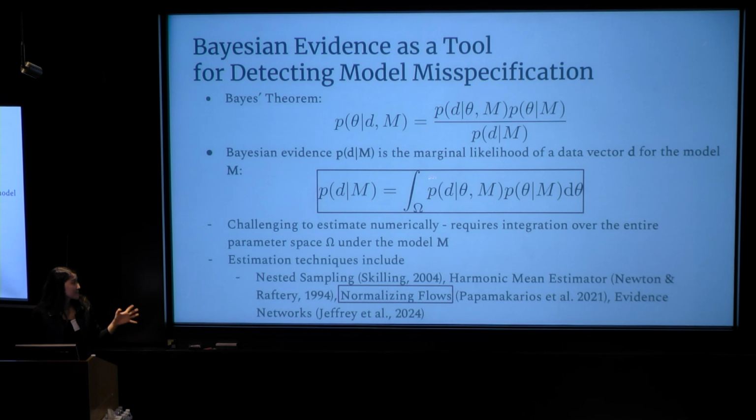So when it comes to the density-based methods, Bayesian evidence is essentially the tool that we'll be using in order to detect model misspecification. And Bayesian evidence is the probability of the data under a given model. And it's described by